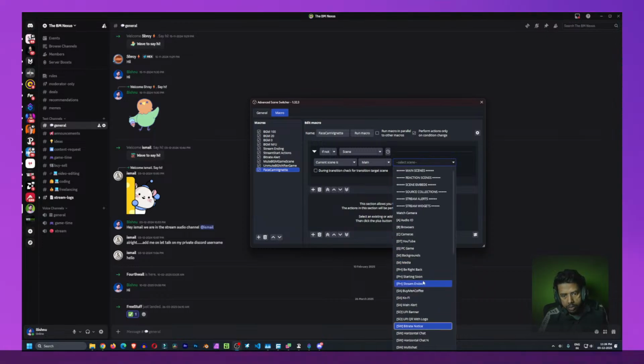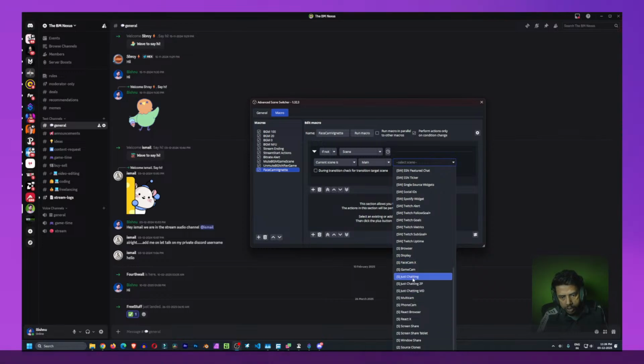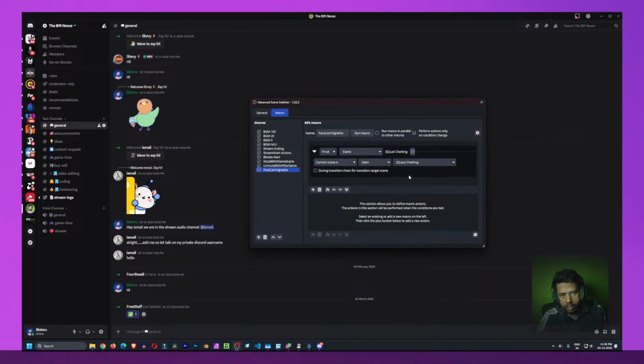Right now I'm looking for the face cam scene, which would be called just chatting. Don't remember though where it is. Scene. Okay, these are sources plus scenes. There you go, just chatting. So whenever the scene will not be the just chatting scene,